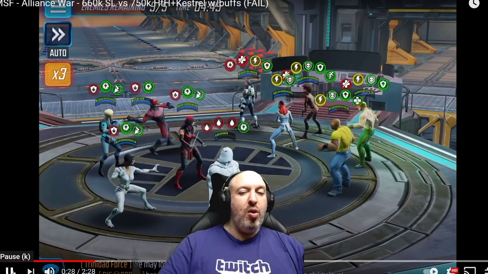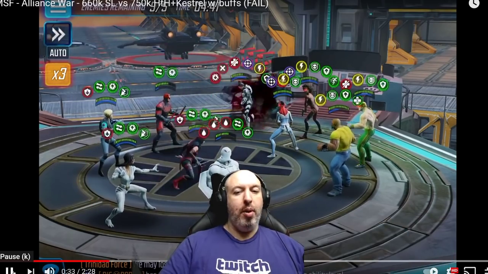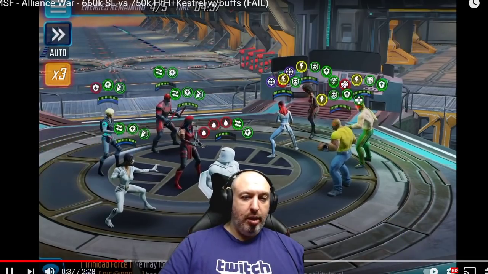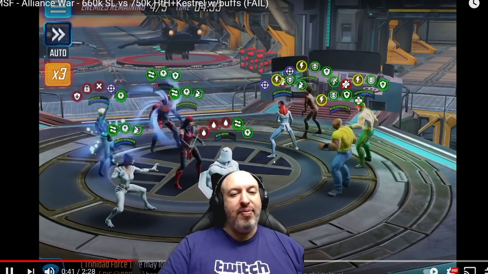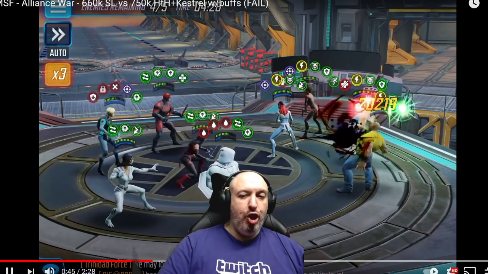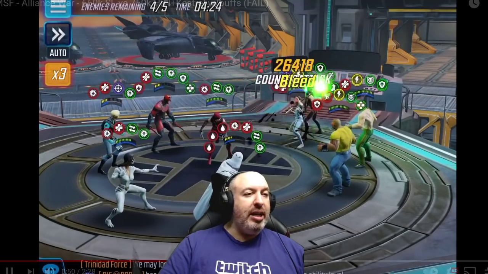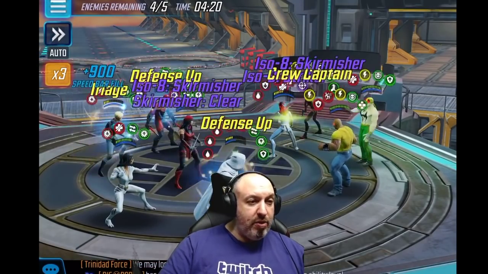So realistically, you want to get Kestral down as soon as possible. Kestral is able to do massive amounts of damage. And once she's off the board, this team is still very, very scary. But for a lot of people, this is a win. Right? This is a huge win. This means that even if you die over here, you're not having to face this team. So even if that is the best you do,